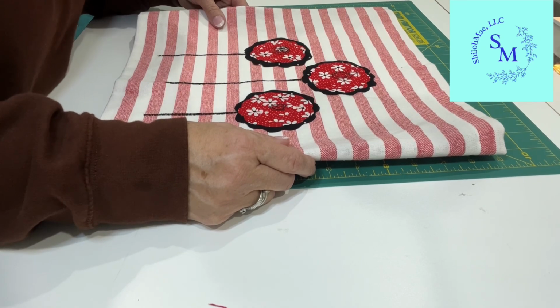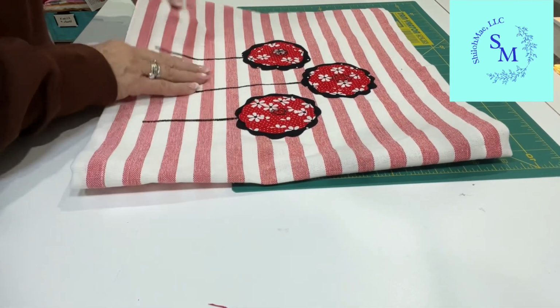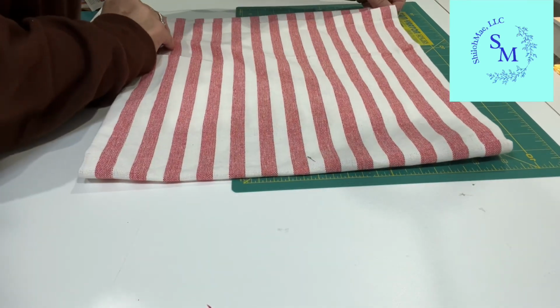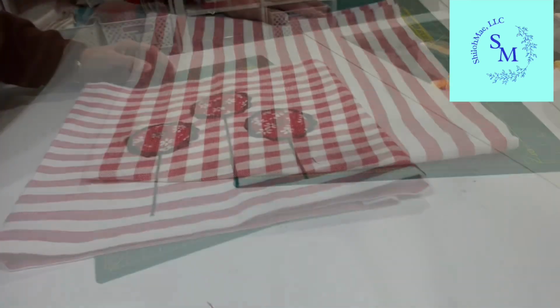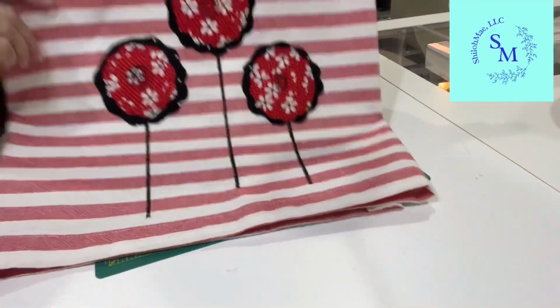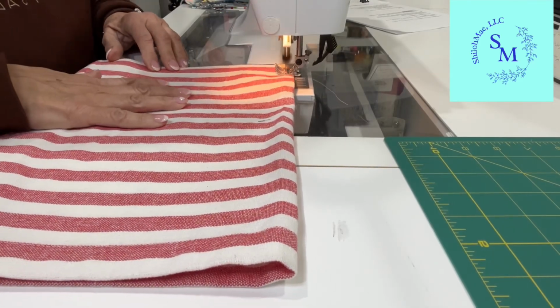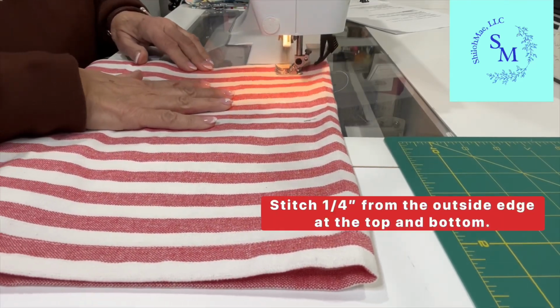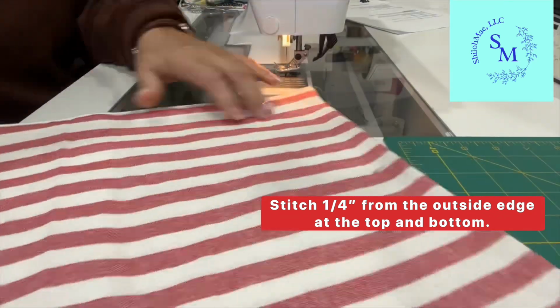Now we're going to move on to how to finish the pillowcase. So this part is super easy. Now I'm going to flip my fabric over, or my pillowcase over. I'm lining up my stripes since I have stripes, and making sure it's at that 14-inch mark, the width of the pillow. And then you're going to stitch down the edge, and I stitched about a 1/4 inch from the outside edge,